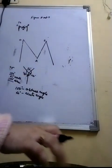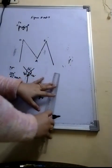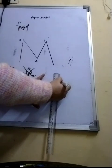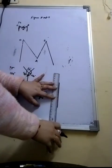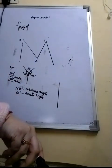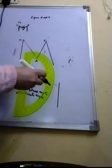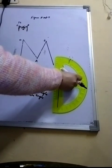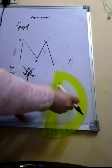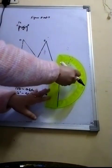So let's start. First of all, we would draw the bottom line. Now from the bottom line we have to draw 150 degree. So we would